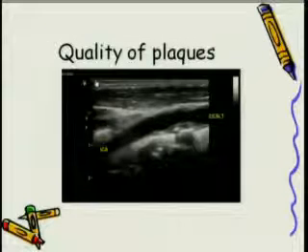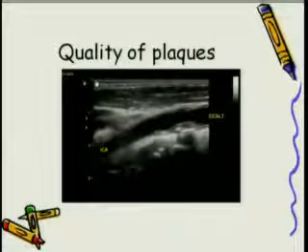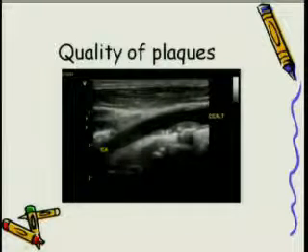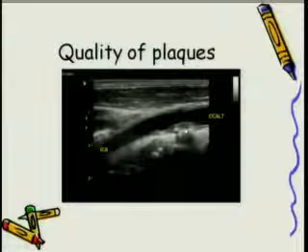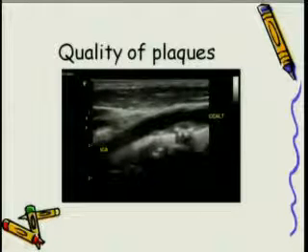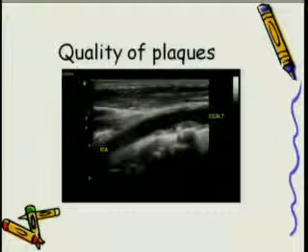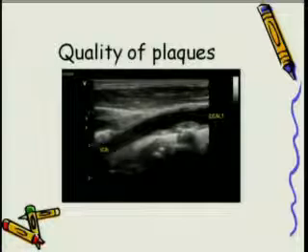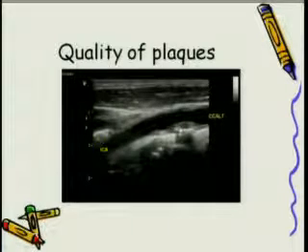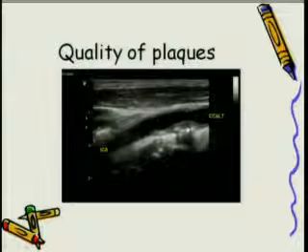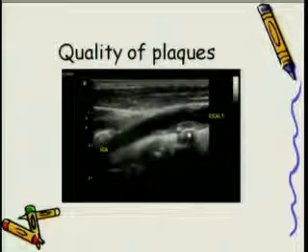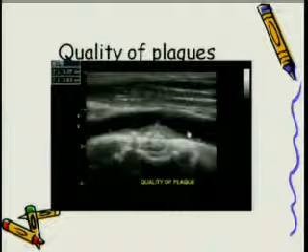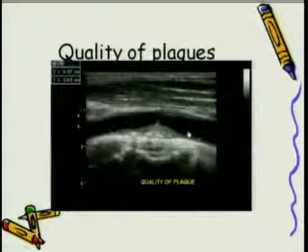Then comes the quality of a plaque. All of us know the plaque can have a smooth surface or an irregular surface. Look at the density of a plaque, which is fibrous, fibrofatty, or calcified. We can look at the quality of the plaques only by looking at the carotid vessels. Here the surface is almost smooth. It is both fatty and fibrous, and there is a definite element of calcification. But certainly there appears to be no stenosis for this particular patient.